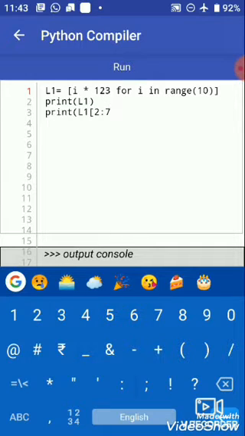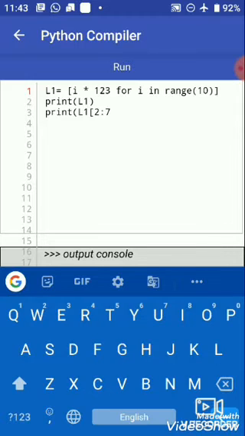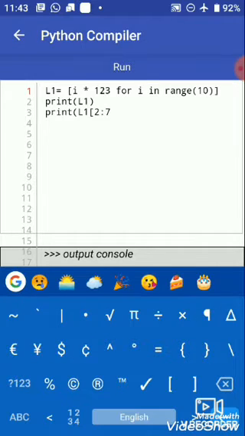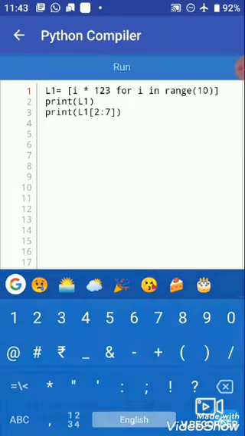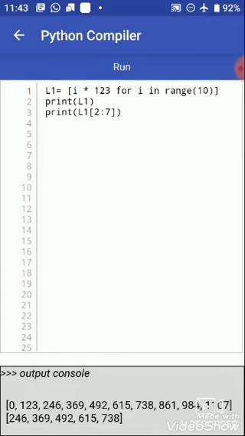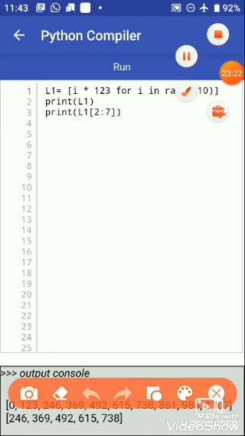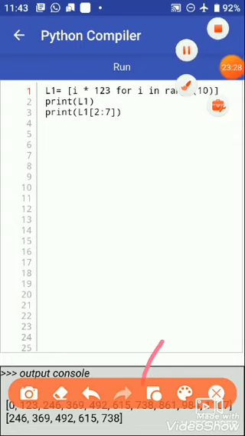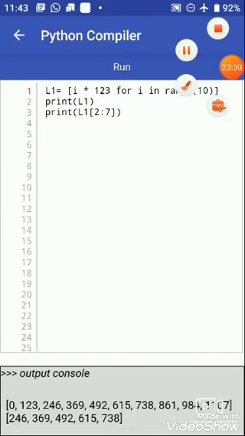And then we also use the increment option. When we run the program, we can see 246, 369, 492, 615 and 738.